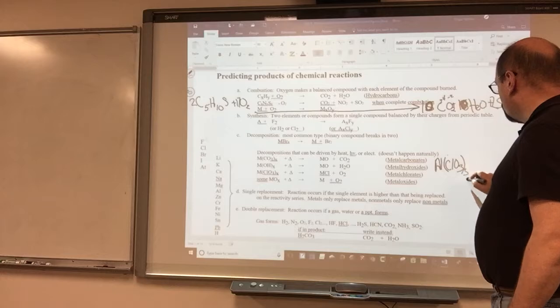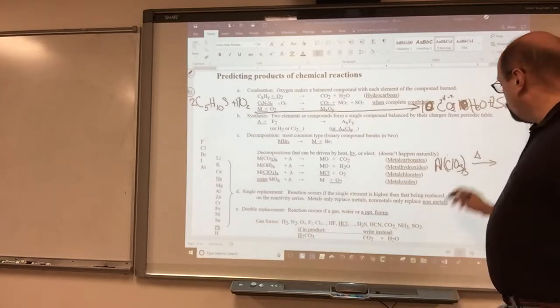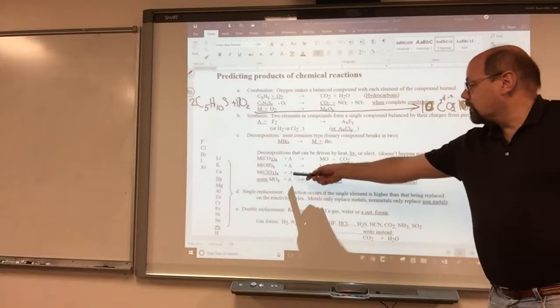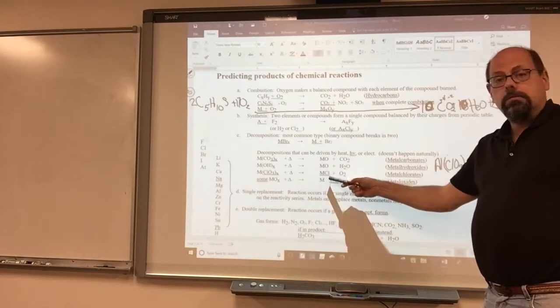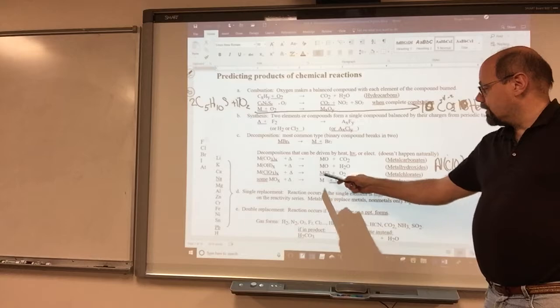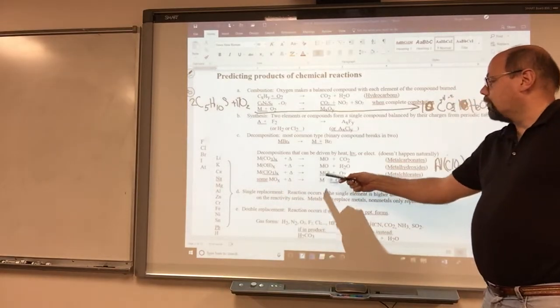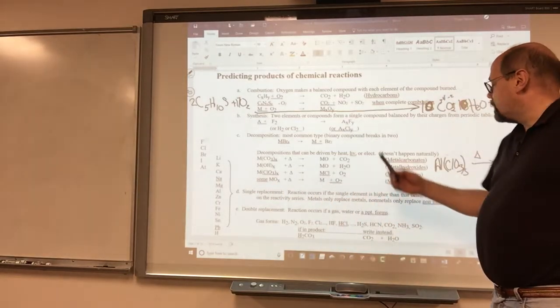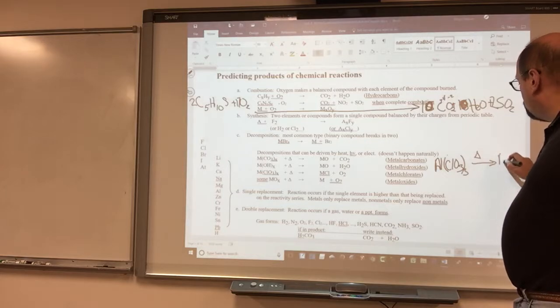Chlorate is a -1, so it looks like this. Let's say I heat the crud out of it. Aluminum chlorate is going to break down. Well, here's the chlorate. What sticks with the metal? Chlorine does. That's what this is saying. If you have a chlorate, any metal with a chlorate, the chlorine stays and gives up all the rest of the oxygen. So I'm going to get aluminum chloride,